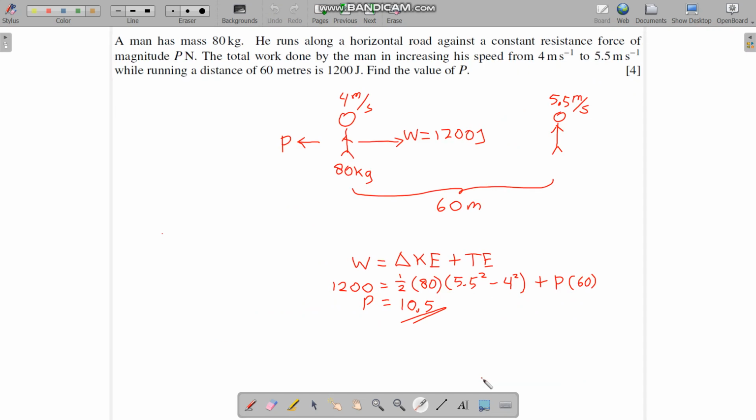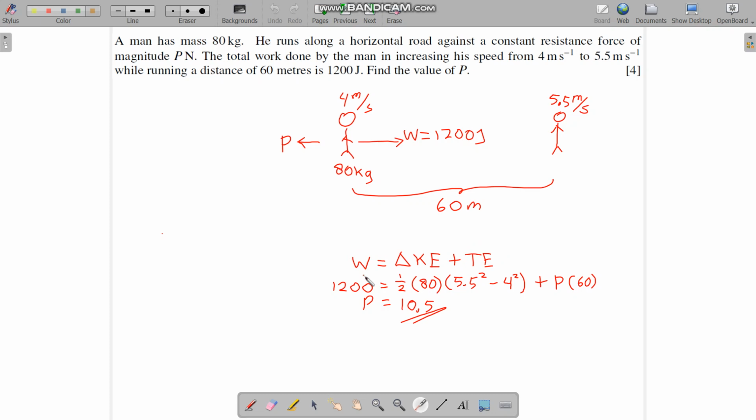Next we have speed from 4 seconds to 5.5 seconds, so we have an increase in velocity. So the delta KE must be on the right side because we are gaining kinetic energy here. And we have resistance force, it's got to be on the other side, on the final side. And on the initial side we have